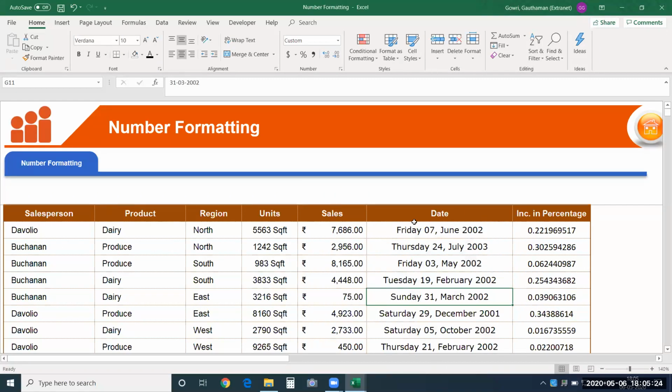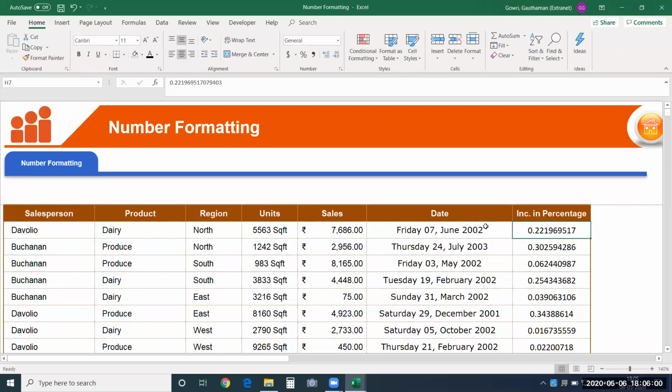So only to display the week name, you will give 3 Ds or 4 Ds. The day part of the date, 2 Ds. For month, half name of the month, 3 Ms. Month number, 2 Ms. Full name of the month, that is 4 Ms, you have to provide. Same thing goes to year as well. 2 digits, another 2 digits. So you have to mention Y so many times. You can use it to format your date and display it in any manner you want.